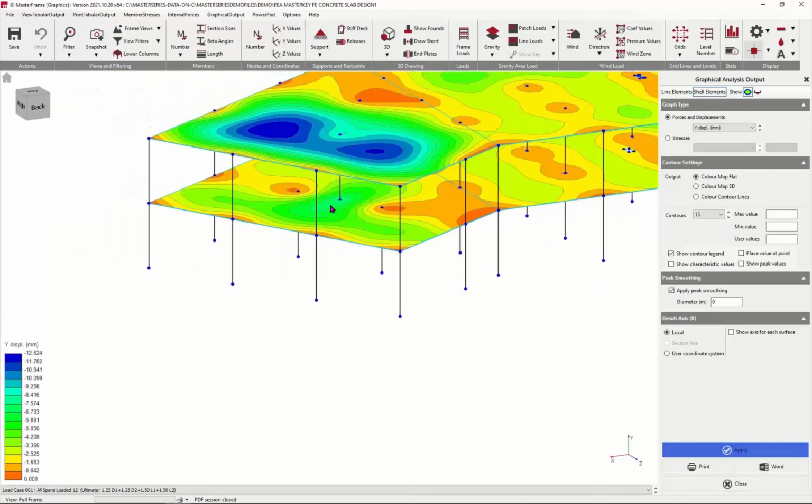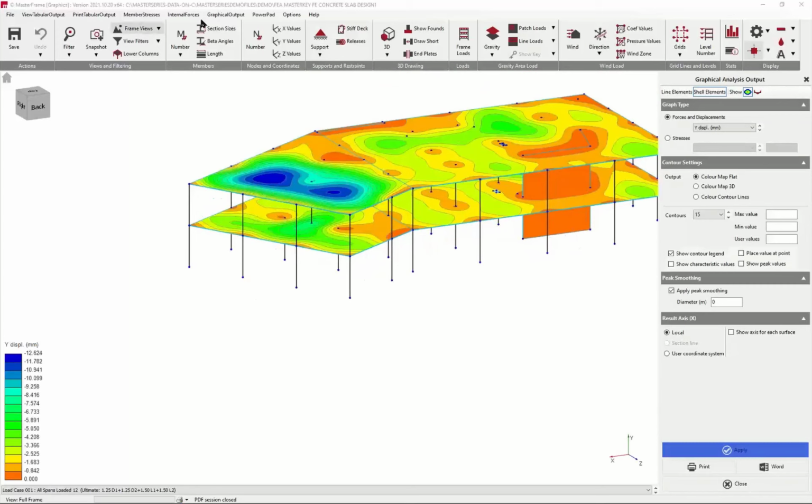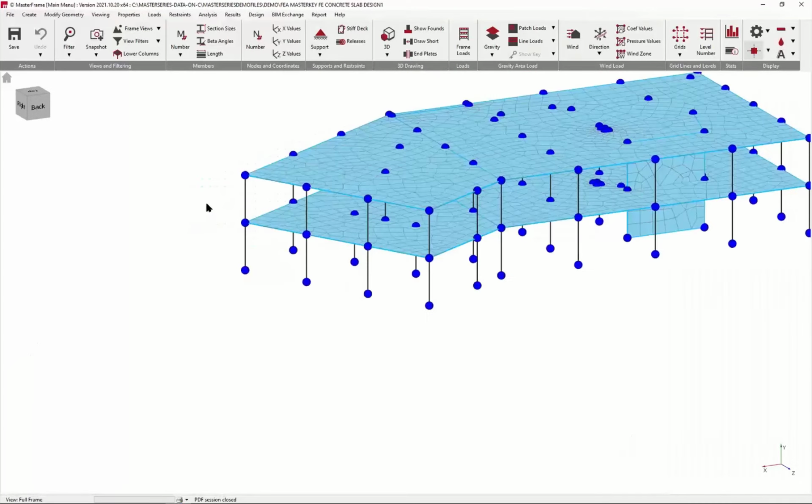And we can see our transfer slab coming through here, giving us our forces as we expect. So that's a very, very important thing to remember. Now, one of the other areas that we can use to refine our meshes and improve things is